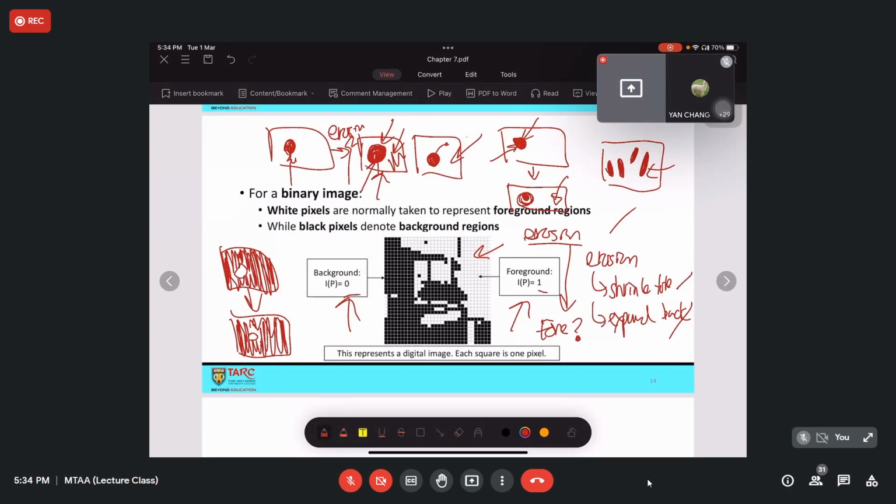Can Junwei Lim answer this question? Increase or decrease only. You can put it in the chat box. Let me repeat again. You have foreground, which is white color pixel, and you have background, which is black color pixel. If I am going to perform erosion, would the foreground or the white pixel be increased in size or decreased in size?